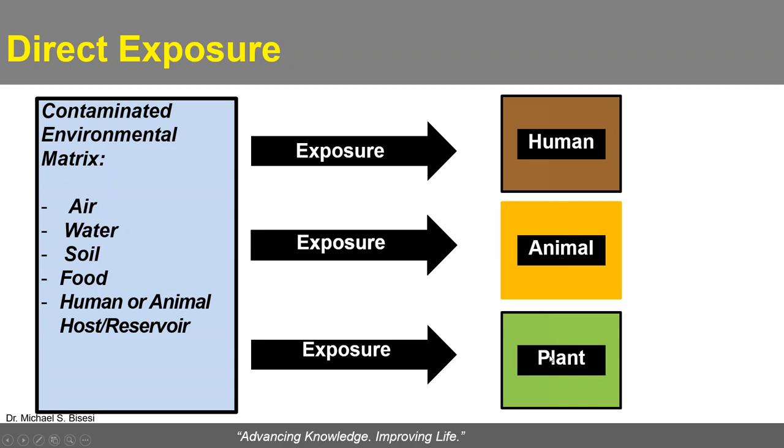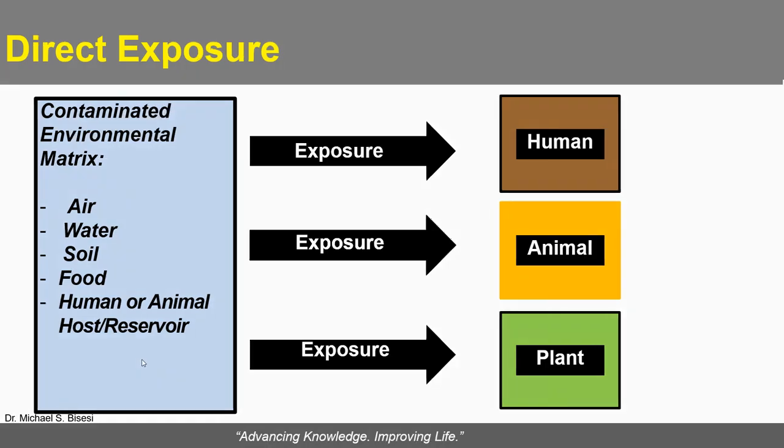They don't inhale, they have transpiration. They rely on air. They can be affected by a poor air quality, such as elevated oxides of sulfur. Ozone can adversely affect plants, but that's beyond the scope of what I want to present in this module. But simply that there's a direct interface between the contaminated matrix and the organism.